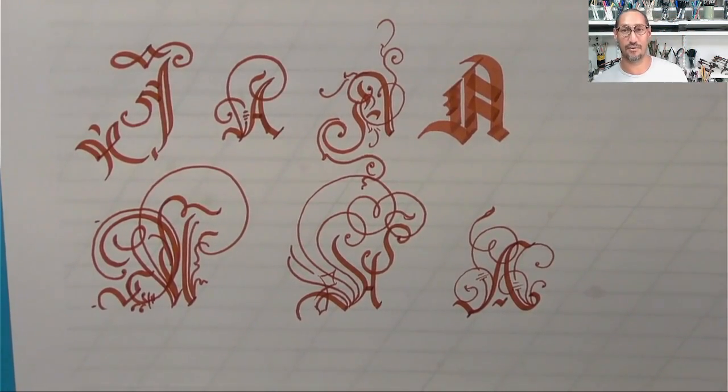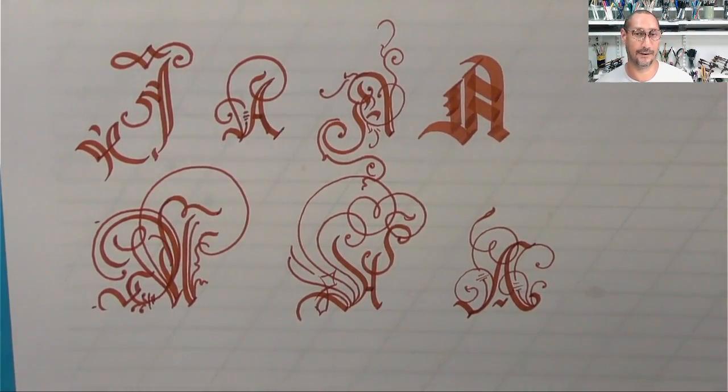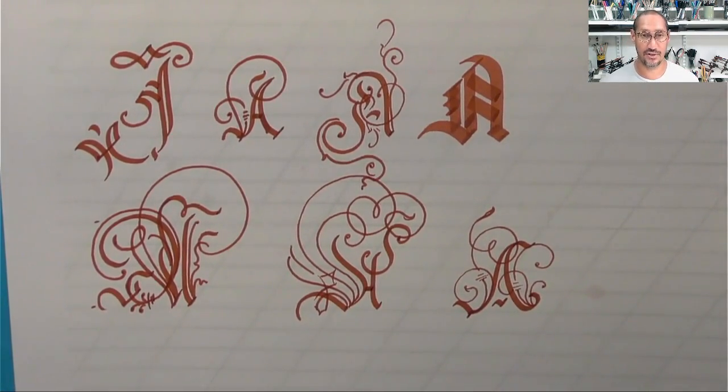So those are some of the more decorative letters that we can find in Fraktur. And you can see the flourishes look different, but there's a real sense of a pattern to them. And really see how the patterns work and how they hold together and how they work with